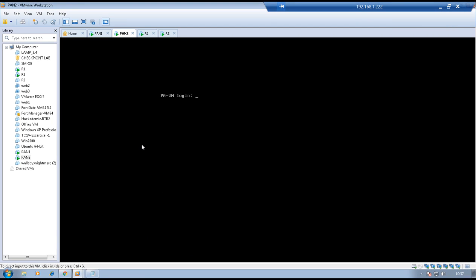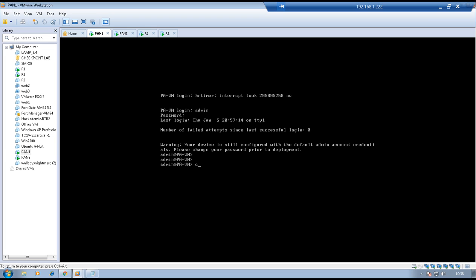So we have two firewalls, PAN 1 and PAN 2, and then for testing we have two routers, R1 and R2. So let me first log into the firewall and configure the management IP address. So username is admin and password admin. Go to configuration mode and set the management IP address. Set device config system IP address